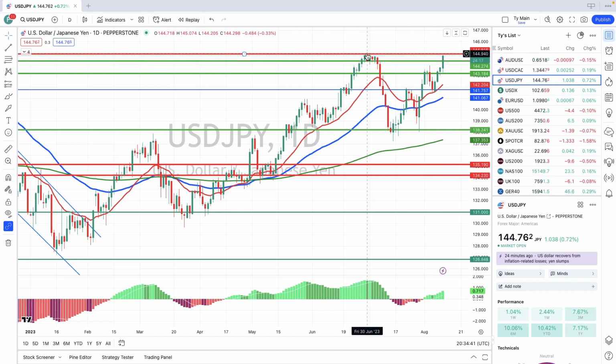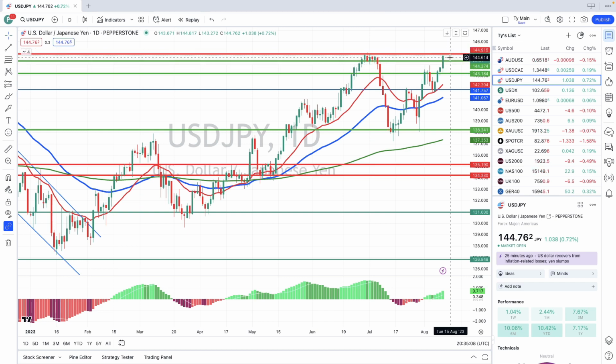So if you were in that trade and you followed it, now would be probably the time, at the very, very least, where you would either be breaking even or taking some profit off the table, because obviously it's approaching a pretty significant resistance zone. And to get back into it, or if you have not been able to get into it, I'd let it break this level first and let it come back and retest it from above to below it. If it does that, then it gives us a chance to get in. And if it doesn't do that, sometimes you just got to let them go.